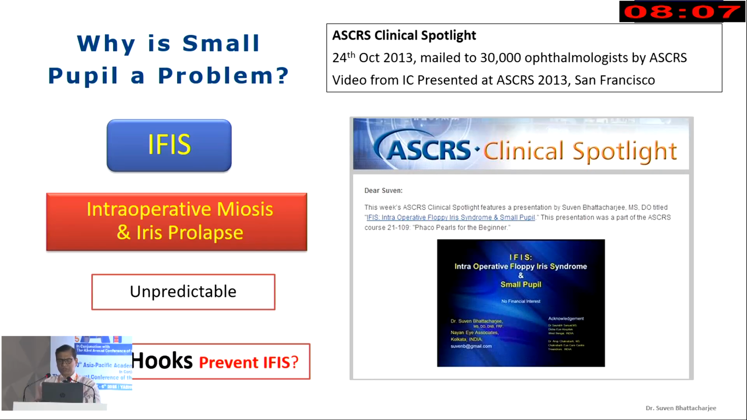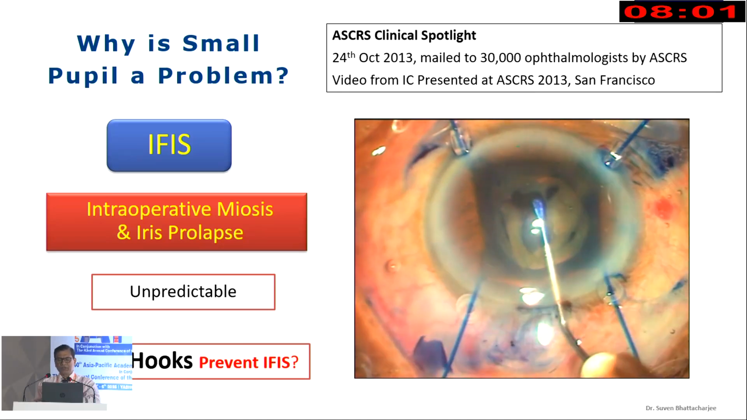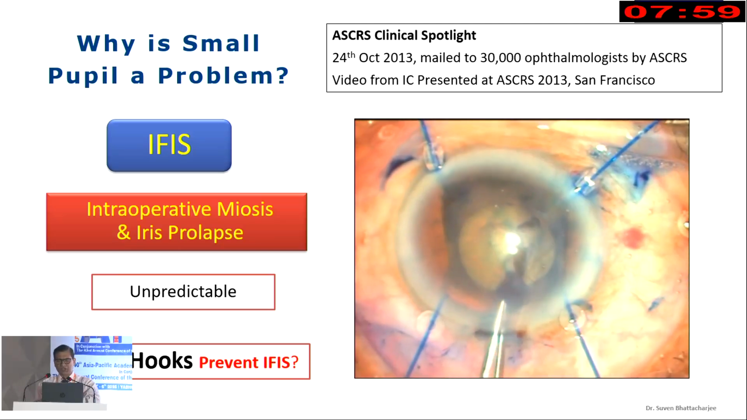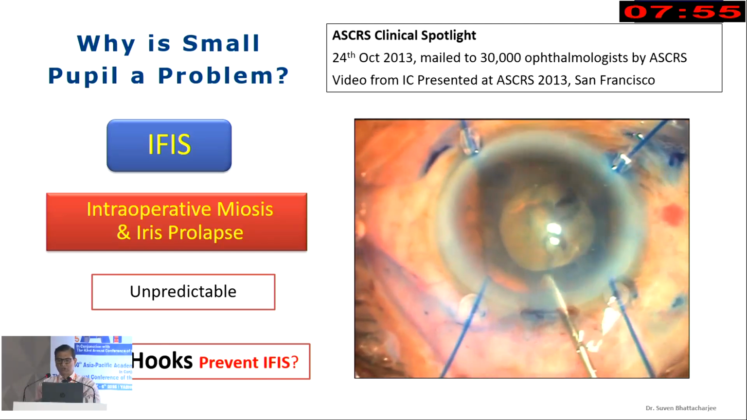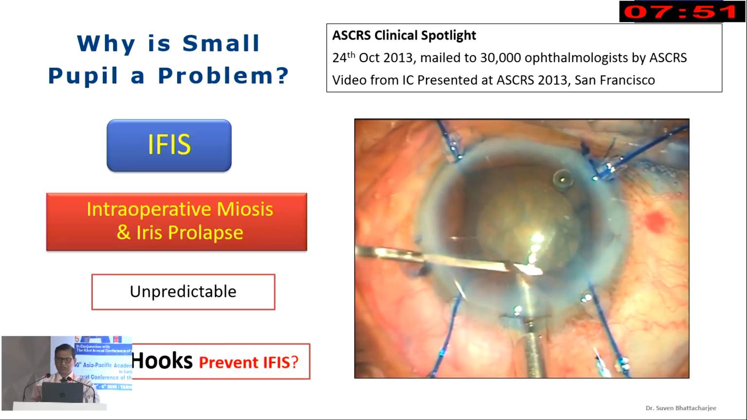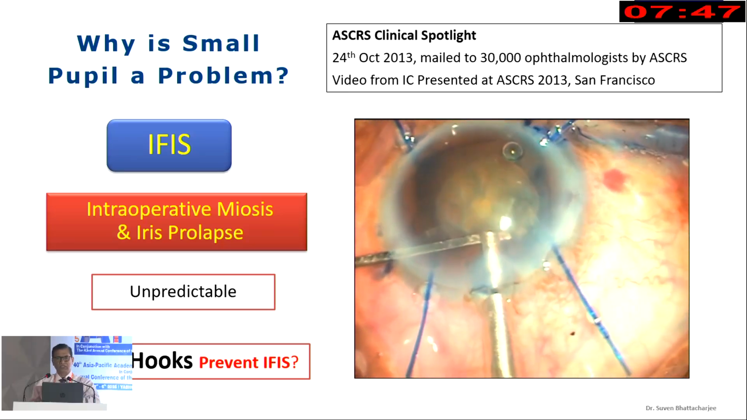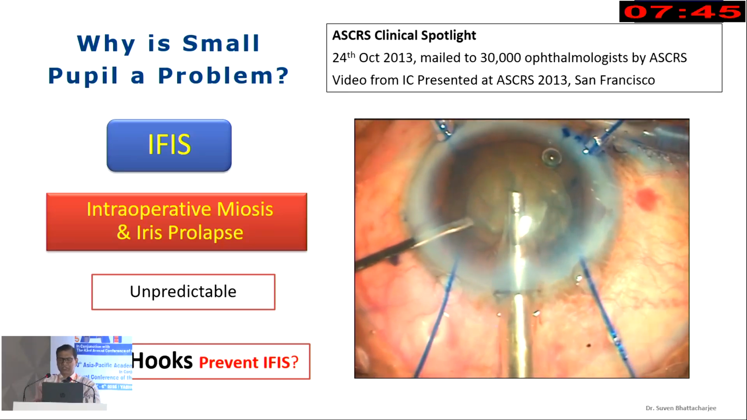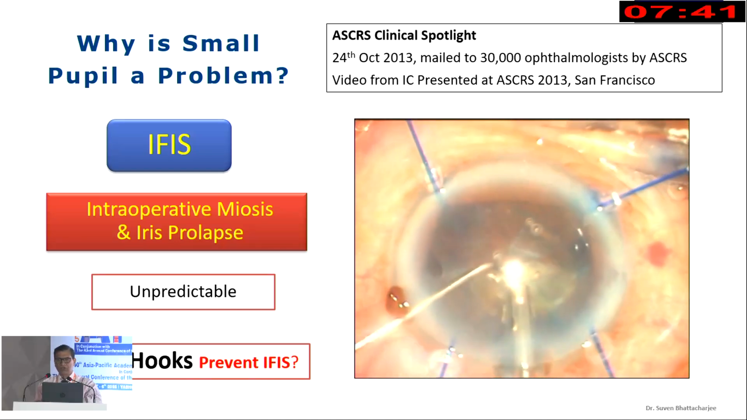So this was a video which I presented at ASCRS and it was widely circulated. So let's look at this case where despite iris retractors, I'm having a lot of IFIS. Before I could finish my capsulorhexis, the iris is already frayed and it's looking like a fishing net. And of course, once the iris touches the phaco tip, it keeps sticking to it. And as I am doing my chops, the knuckle of iris